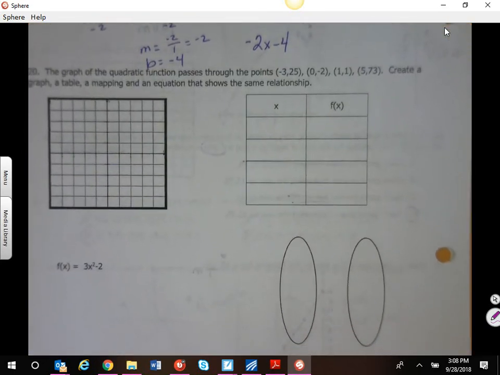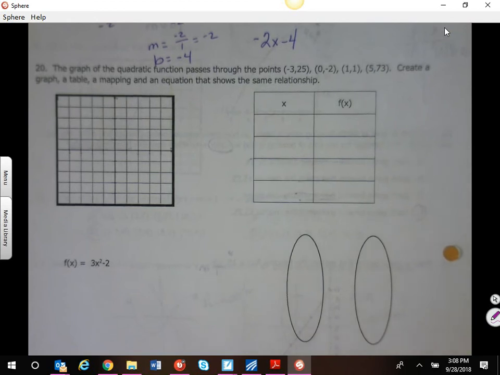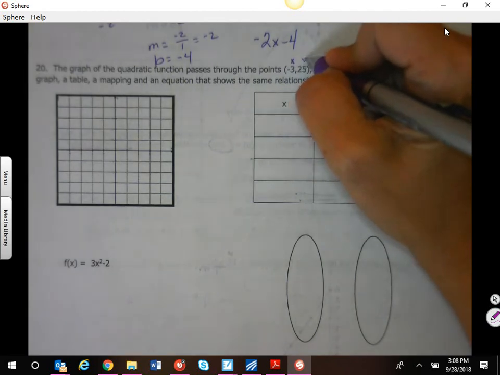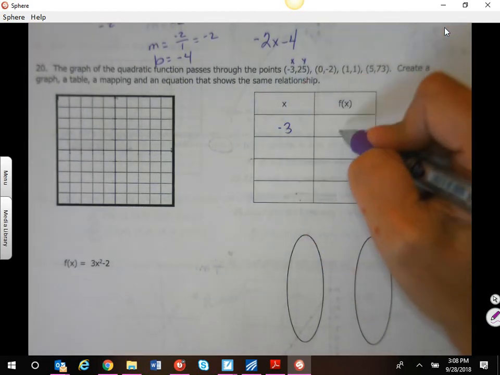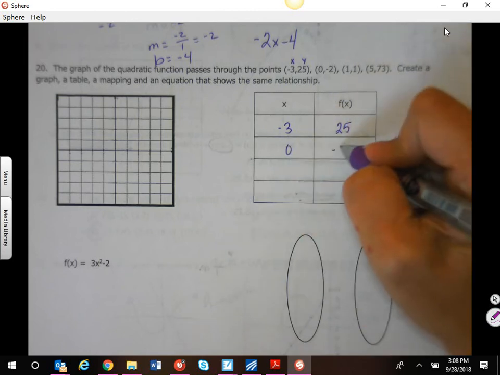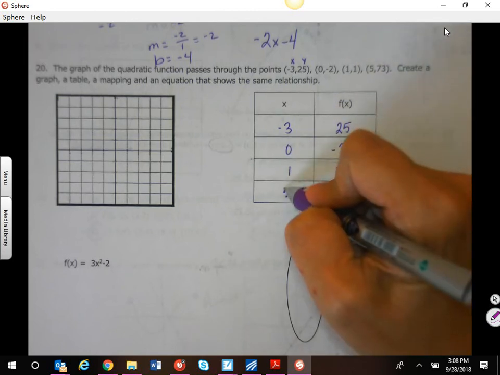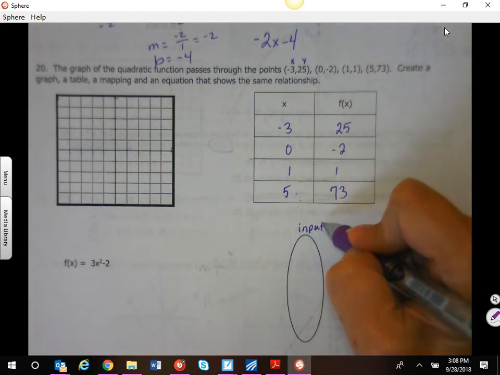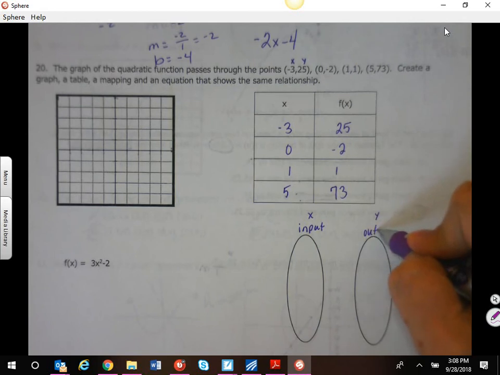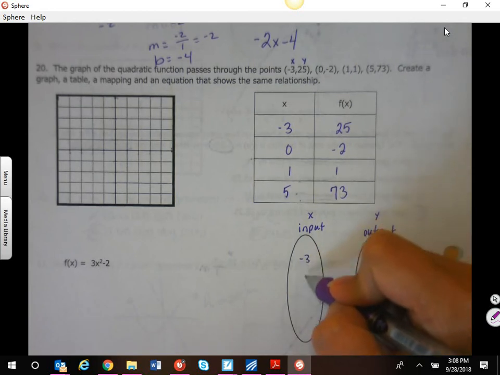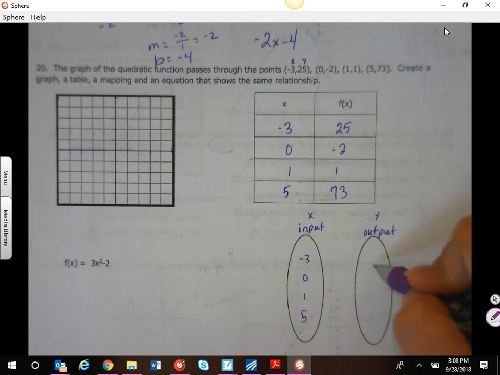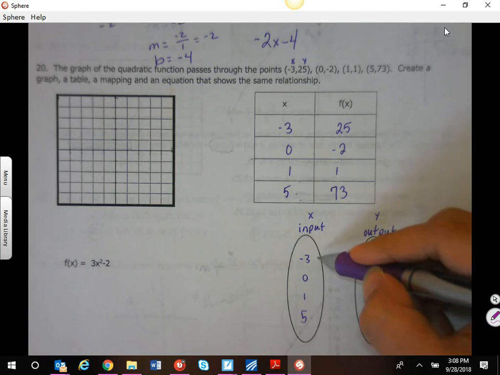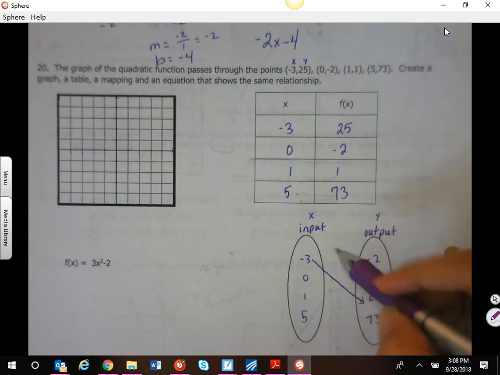Here I need you to be able to show me that you can create multiple representations of the same data. Remember, on a coordinate, it's always xy, so I can say negative 3, 25, 0, negative 2, 1, 1, 5, 73. On a mapping, it's going to be your input, which is your x, and your output, which is your y. It generally is going to be listed in order from least to greatest. And we can draw our arrows to show those coordinates. 0, negative 2,